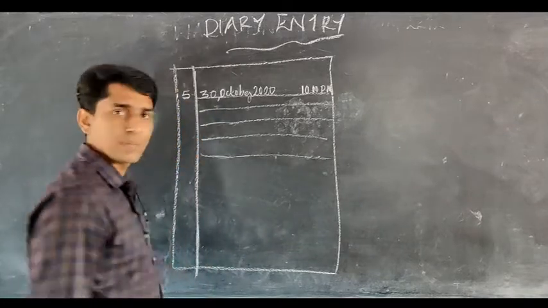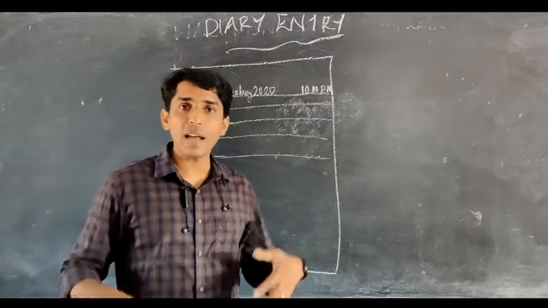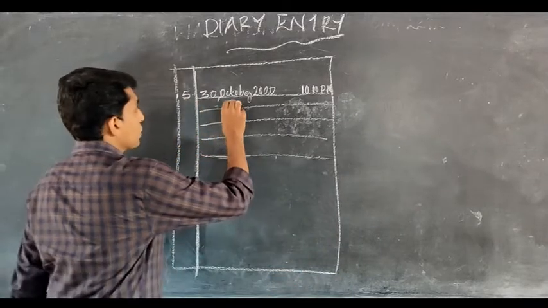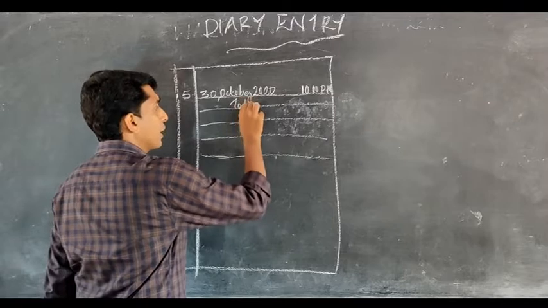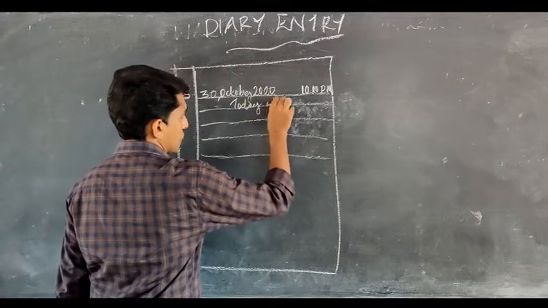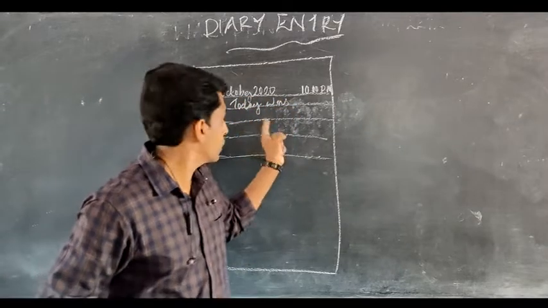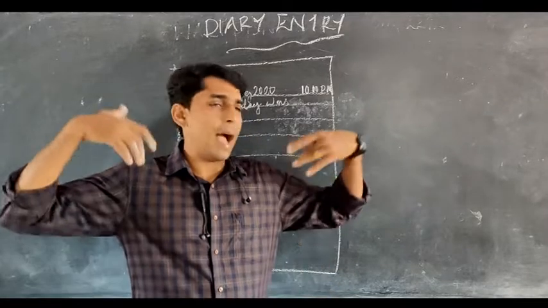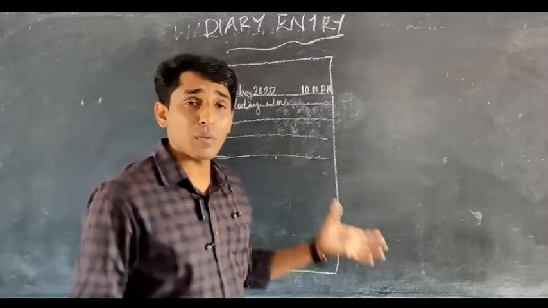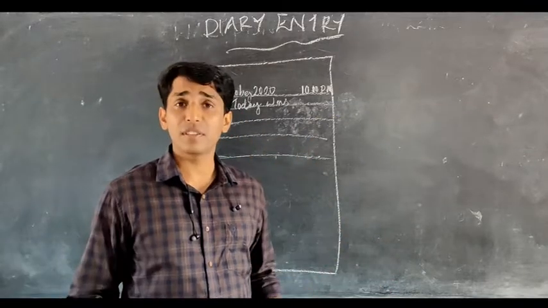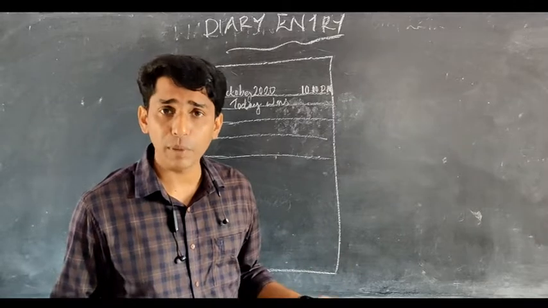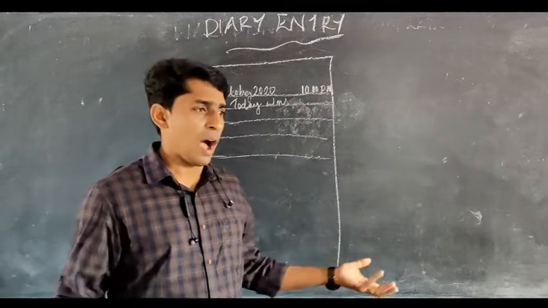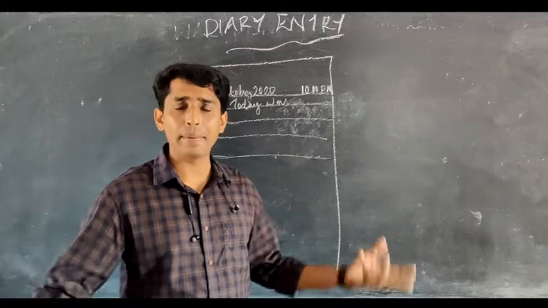And how do we start the diary? We are describing the things that happened on that particular day. So you have to start with "Today was". I will stop here because sometimes the day will be a really happy day for you. So you can say today was a happy day, today was a marvelous day, today was a fantastic day for me. So many things like that you can start. And you can say, I just woke up with a lot of happiness.